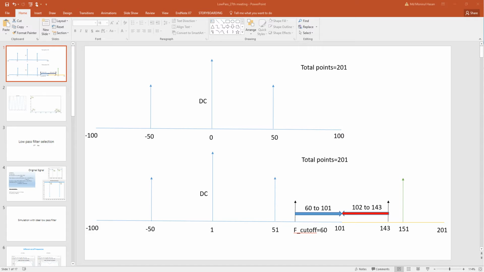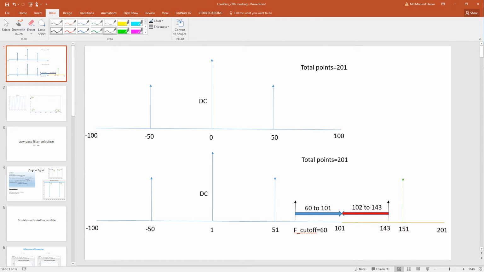From the time domain signal you will not be able to tell that there is a noise, but if you analyze the time domain signal in the frequency domain, you will be able to tell that your signal has the 60 hertz noise. So that's the goal. Now normally if we convert from time domain to frequency domain, say